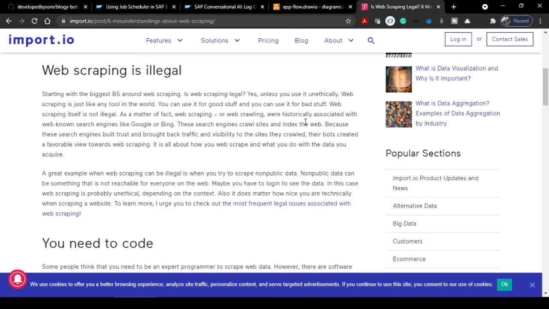If it is a publicly available website, not something requiring a login with user ID and credentials, and you are not misusing that information in a different format, then this web scraping is not an issue.